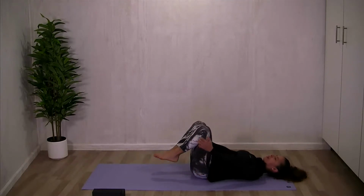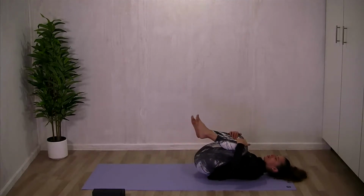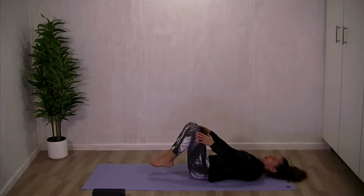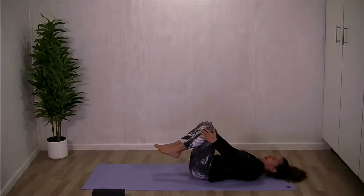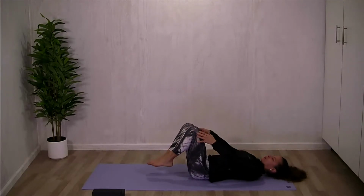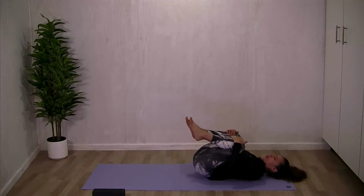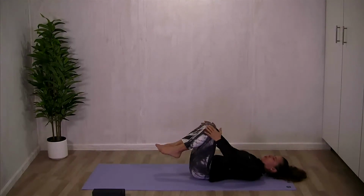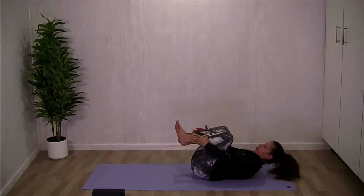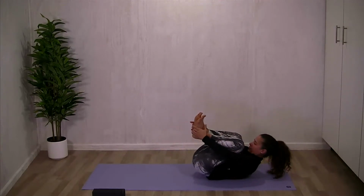Take a big breath in, and on the exhale, hug the knees in towards the chest. On the inhale, allow the knees to softly fall back with the feet not quite touching the mat. Play with that movement dynamically, getting a little release into the lower back, or make the movement more intense by exhaling, nodding your chin to your chest, tucking into a little ball frame, imprinting your lower spine, bringing the weight